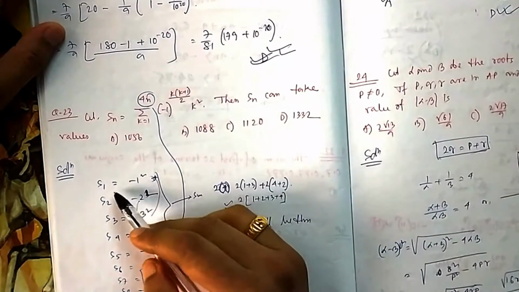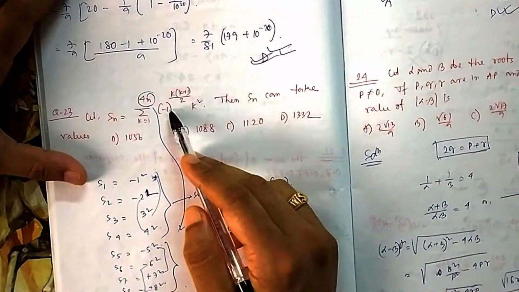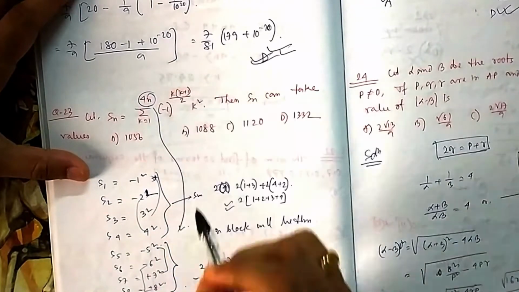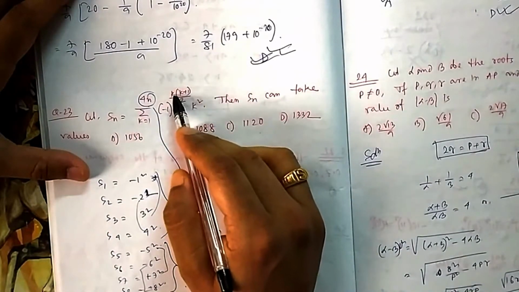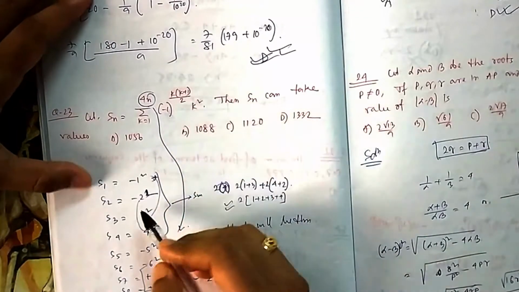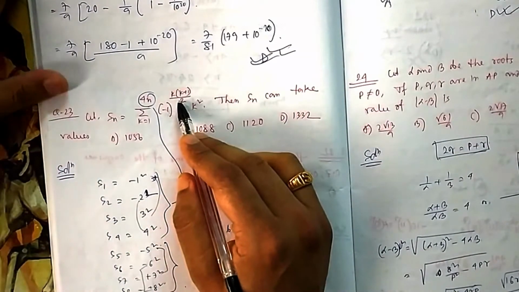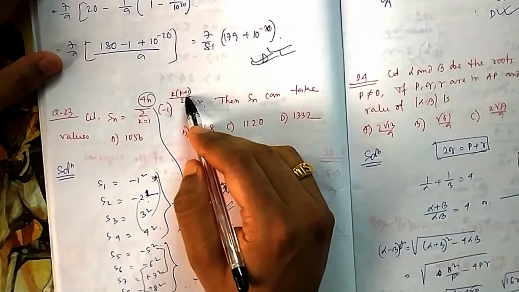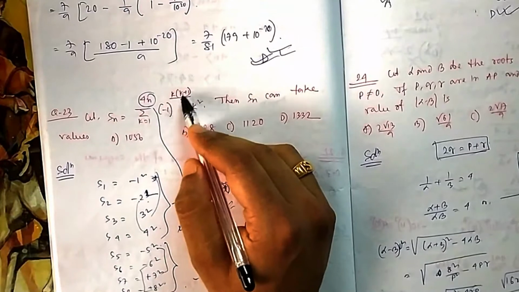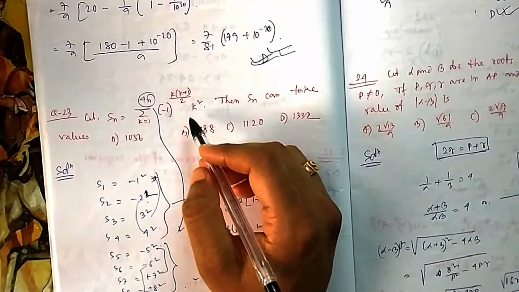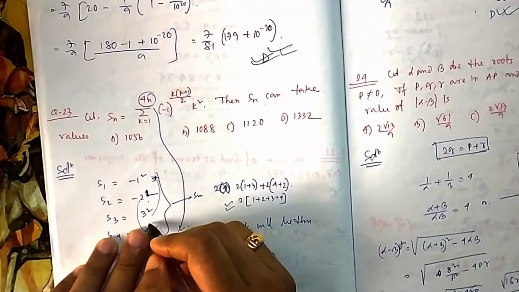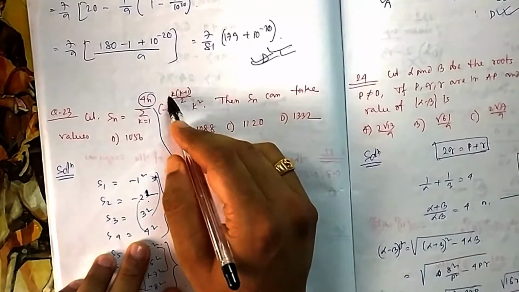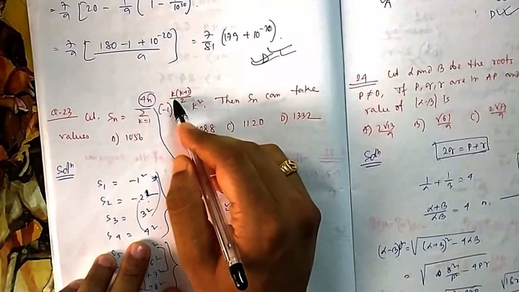So if you put k equal to 1, you can calculate it is minus 1 squared, because k(k+1)/2 is 1. If you put 2, then 2 gets cancelled, so it is 3, again minus 2 squared. If you put 3, then 3 plus 1 is 4, 4 divided by 2 is 2, so it becomes even. So it is again positive, 3 squared. Now again S4: if you put 4, then 4 times 5 divided by 2 is 10, it becomes again even.